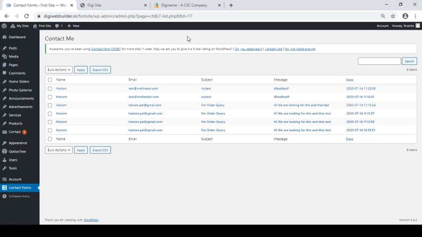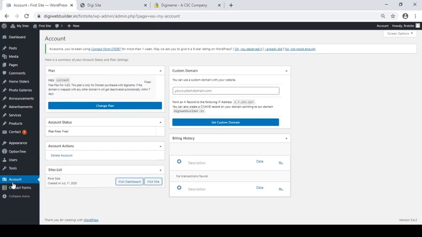Now we will link our domain with our free website template. For that, go to the account tab. In this, you have to enter your domain name.